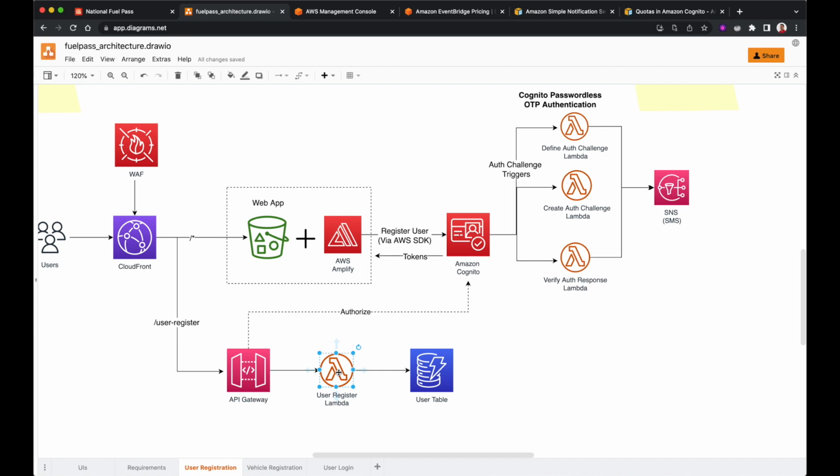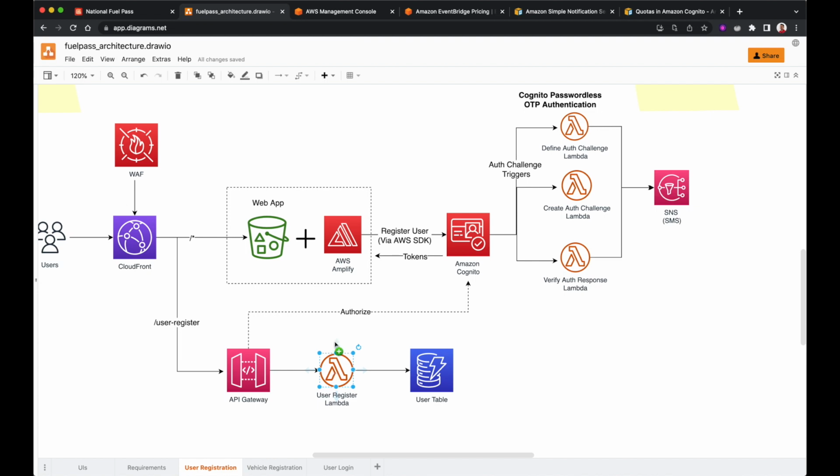And of course, we can increase this limit by raising a support ticket. So here in this architecture, I would usually increase my account level concurrency maybe up to 5000 or so. But still, I will add a cap. I will add a maximum concurrency at the Lambda function level. Here I would say, okay, this user register Lambda function can have maximum maybe, let's say, 100 or 200 concurrent